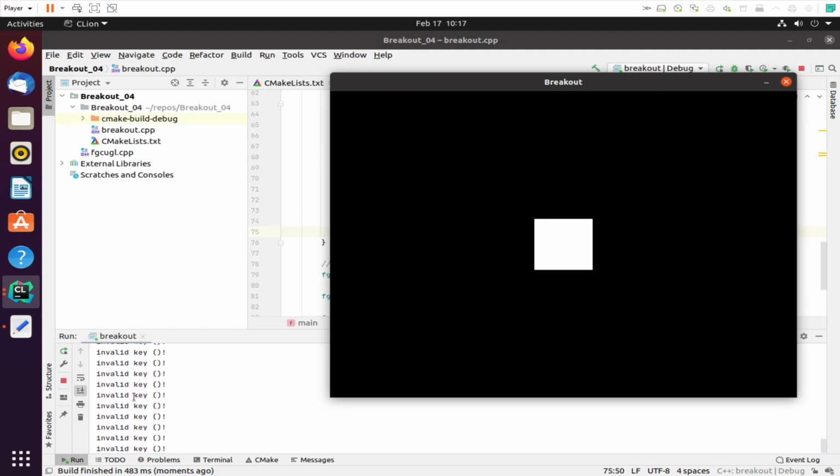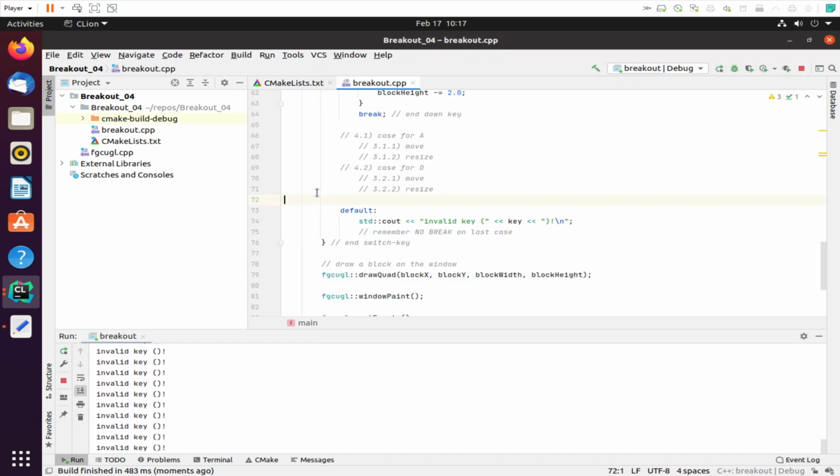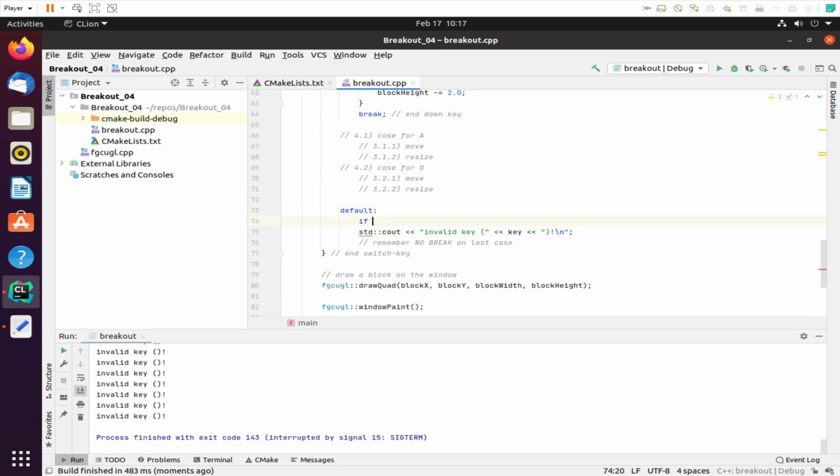Figure that. We're getting a bunch of invalid keys already. And I'm not even pressing anything. And the reason why is because, notice it's empty, we're actually getting the nulls. So okay, let's make sure it's not none. So if key